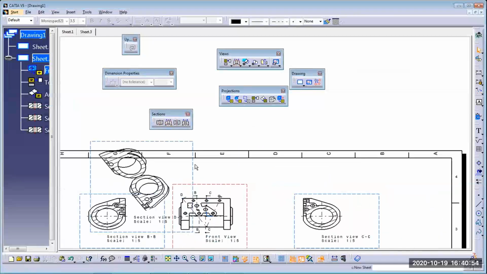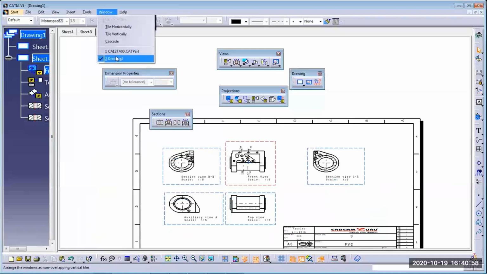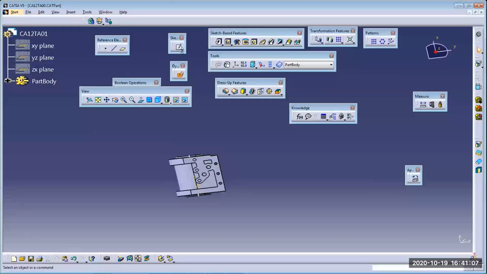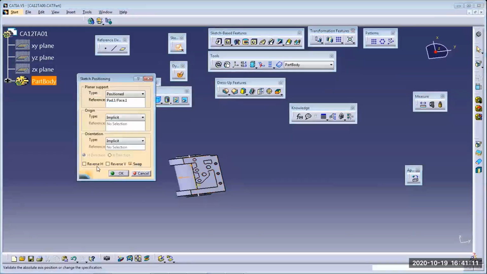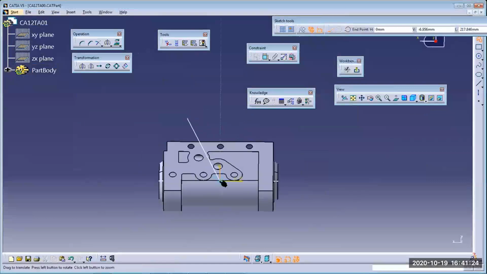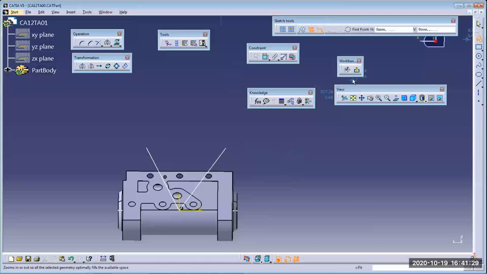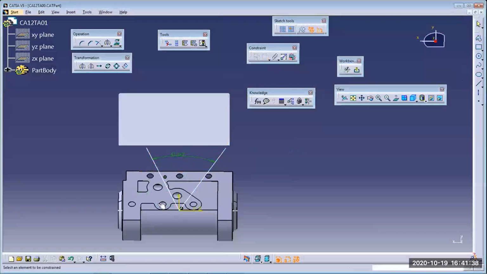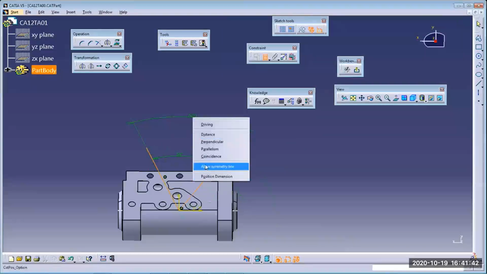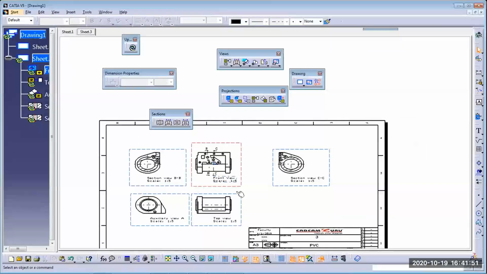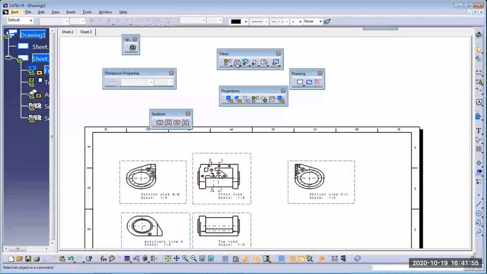But that angle I don't know. We want an exact angle. What is the recommendation? You go to the model. Take this face, orient to normal view, take the sketcher, draw a sketch on this face, and define the angle here. These two lines become symmetric. So in short, we need to create the sketch separately and consider that sketch line as a callout over here. How to do it? Use this align section view.